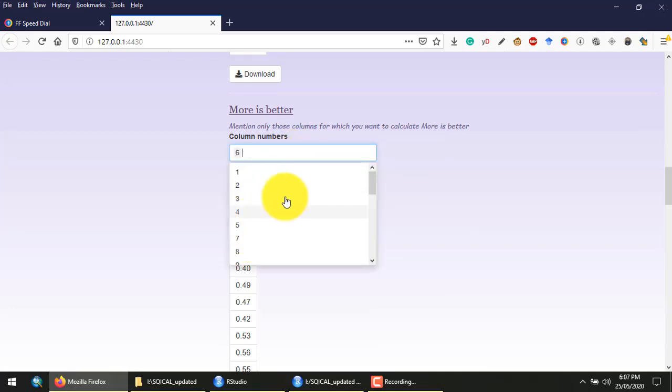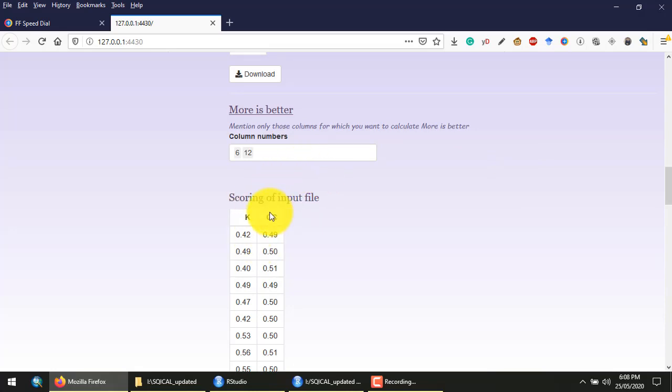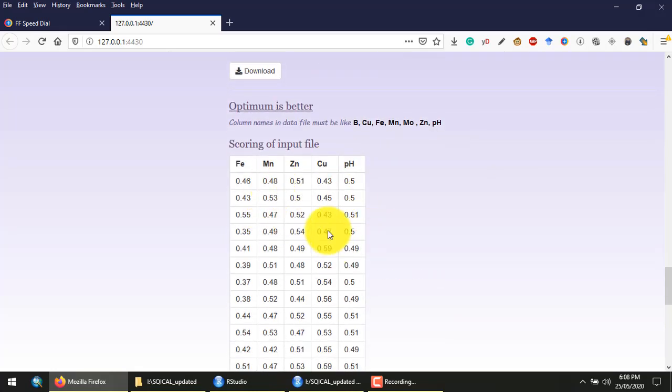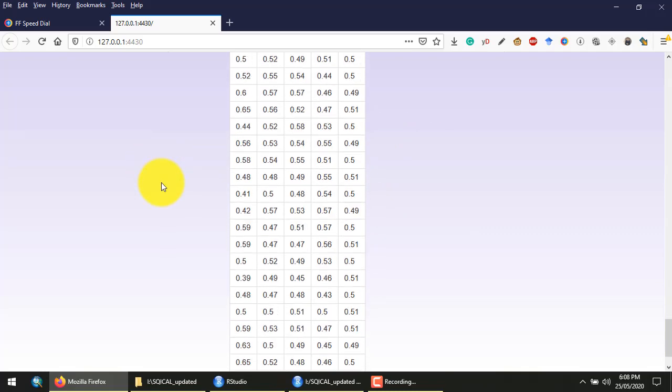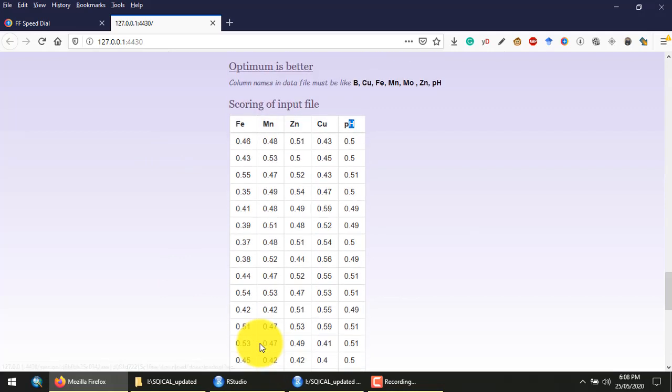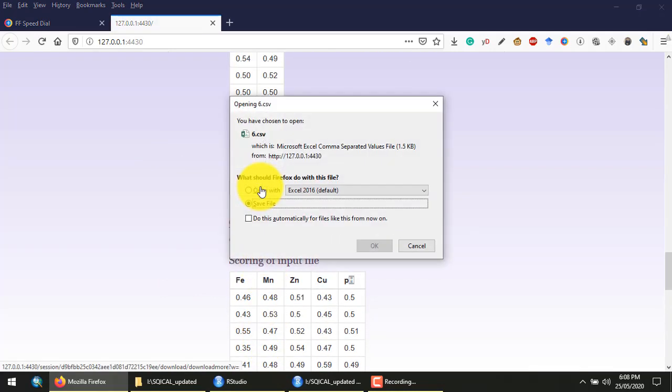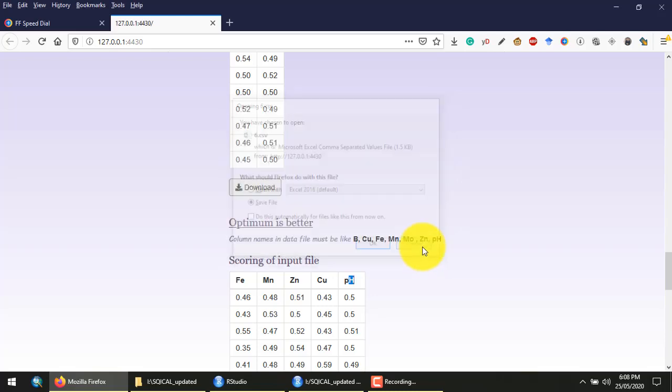This is done for all the scoring functions. Now this is optimum is better. It will be calculated automatically by the software. Although scores are calculated for all the micronutrients and pH, in the final calculation only the values of pH and iron will be considered. Here you can also see the download tab. You can click it and save the file anywhere on your computer.